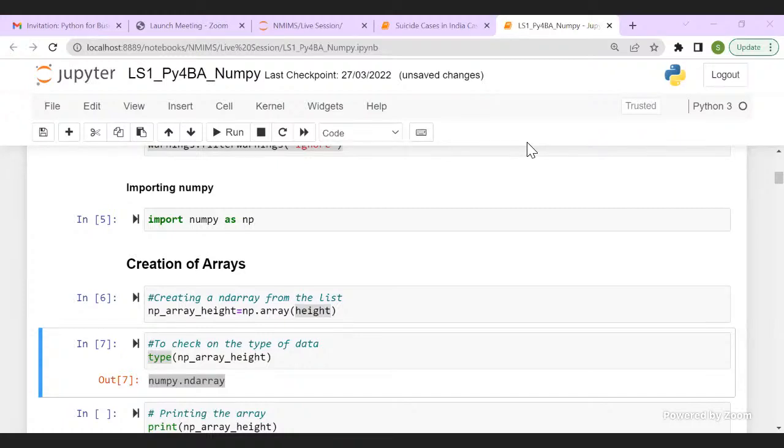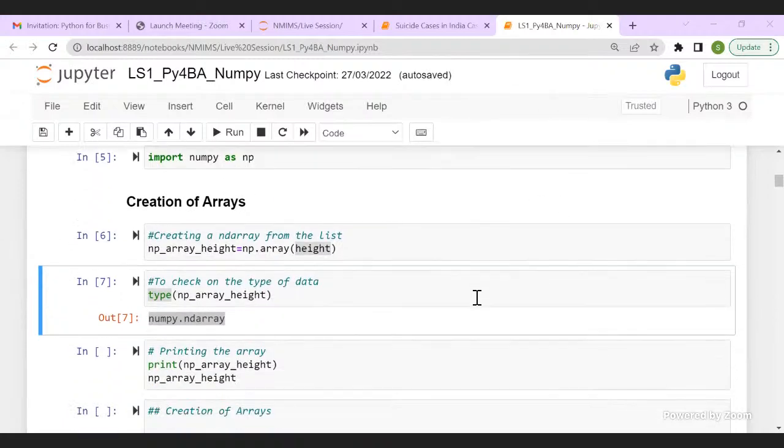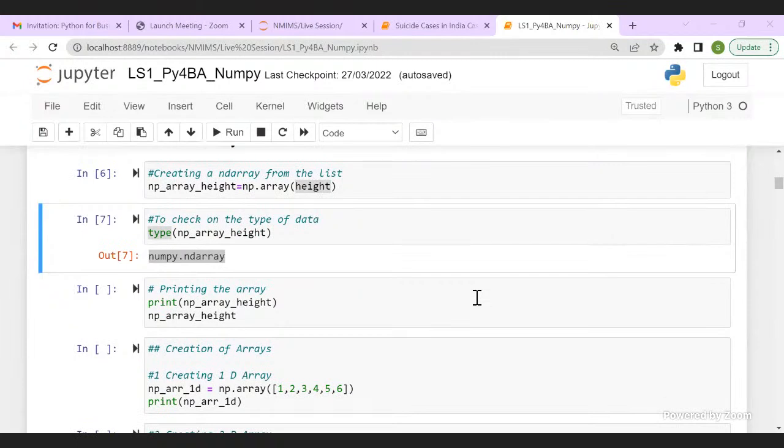Beta, array is ARRAY, not EY. Okay, no issues. It'll take some time to get hold of it. Okay, it's array. So it is a NumPy array.